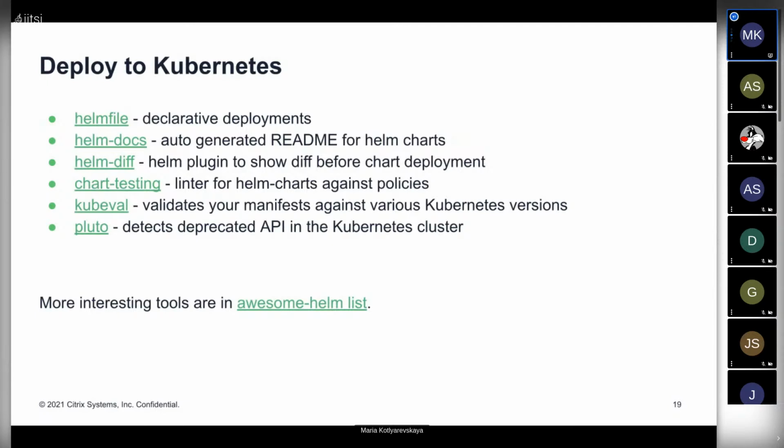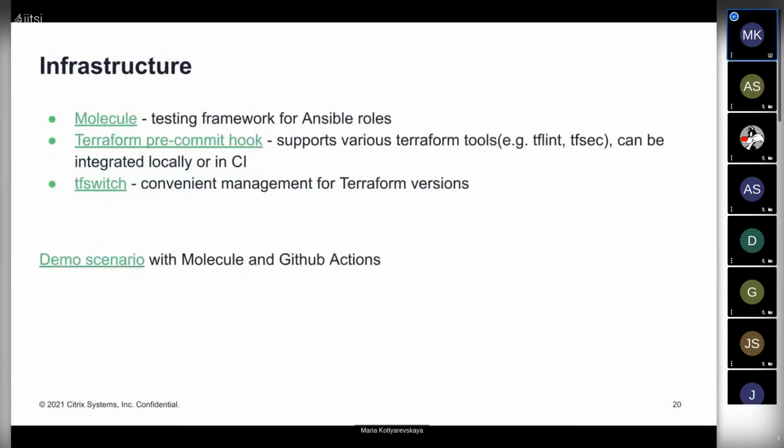For a smooth upgrade to a new Kubernetes version, you can try to use kubeconform. It's a very famous tool. Or Pluto. They basically do the same, but kubeconform validates manifests and Pluto detects deprecated APIs in some clusters. So it's a bit of a different approach, but you can take advantage of any of these tools.